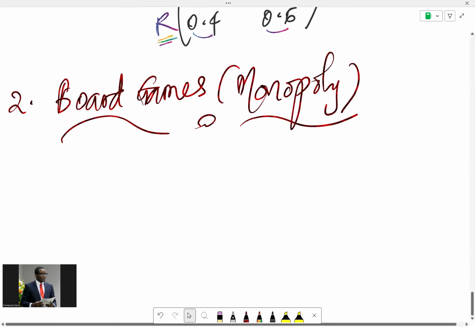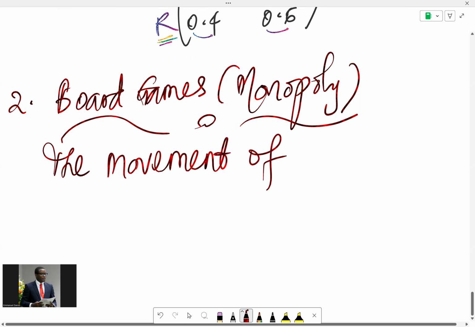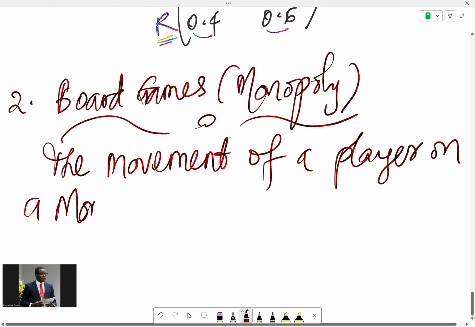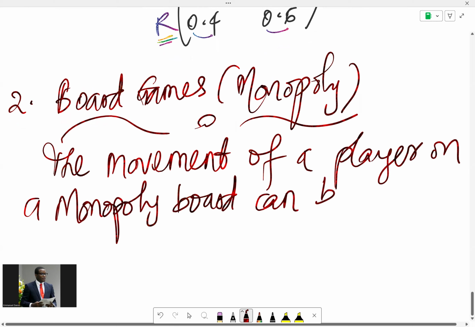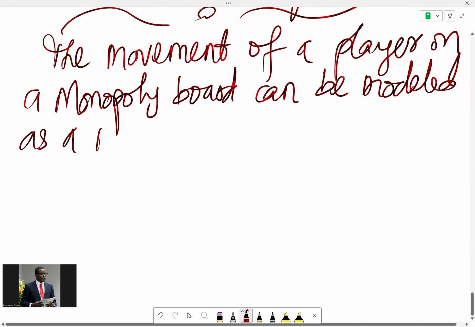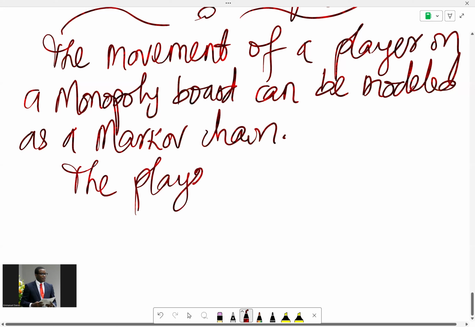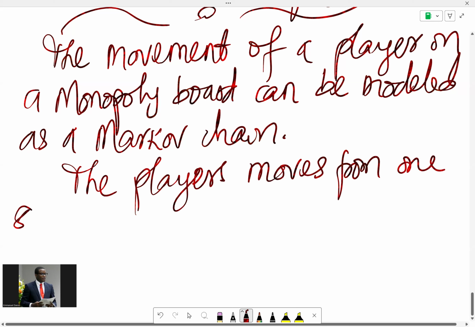The movement of a player on a Monopoly board can be modeled as a Markov chain. The player moves from one square to another